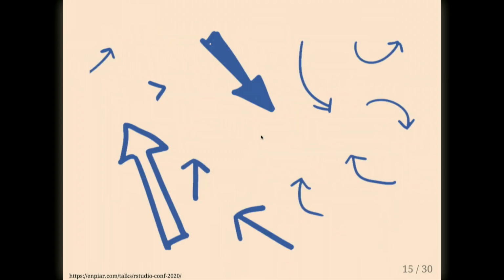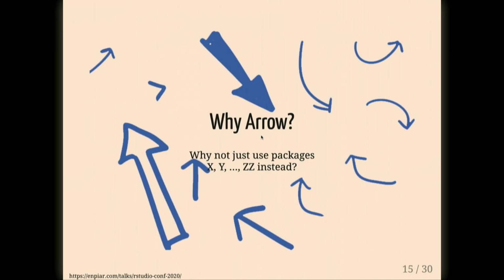So I'm excited about this stuff. I think there's a lot of cool work in the new version of the Arrow package coming out and that we're working on this year. But there are lots of ways to solve these problems. This is R, of course, so there are many solutions to every problem. You could cobble together something from a number of different packages to solve the memory mapping or multiple files, or point at a database, or any number of solutions for this. And those are totally valid. I'm certainly not going to try to convince you that you should use Arrow instead of doing that.